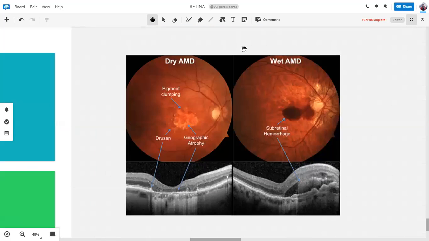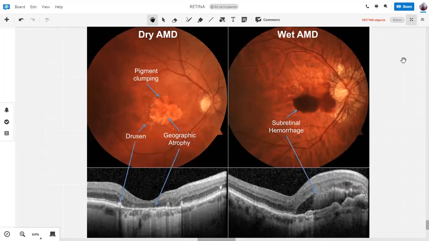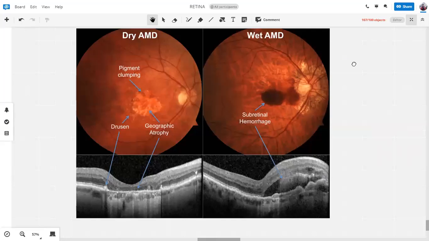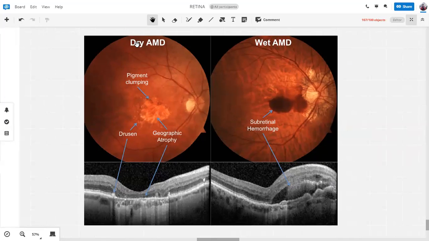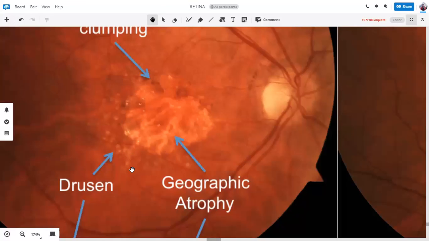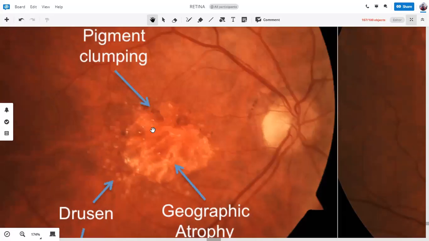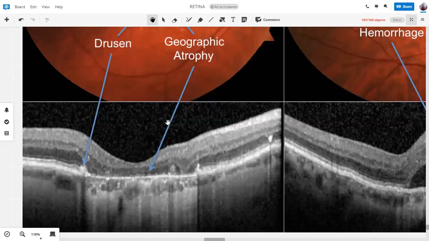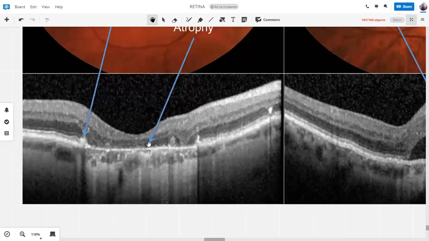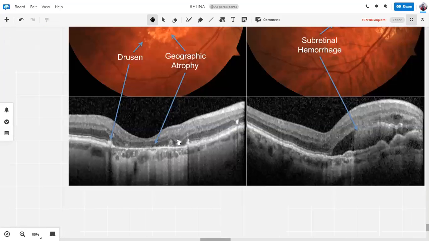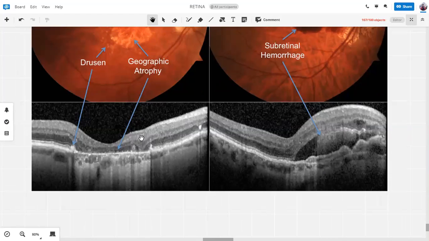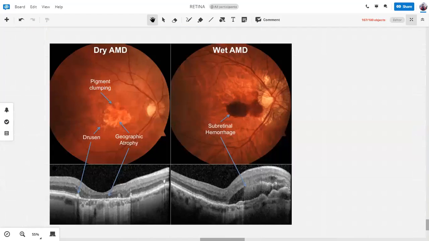One minute left. You can read up the treatment yourselves, because there is not much in it. Look at this dry ARMD. Dry ARMD is also called atrophic ARMD, and wet ARMD is also called neovascular. Look at these drusen. This is atrophy at the macula. This is pigment clumping. This is a next-level finding, a little advanced, so let's skip it. On OCT we see that there is atrophy, there is no fluid, no hemorrhage, no exudation. This is dry and wet. These are